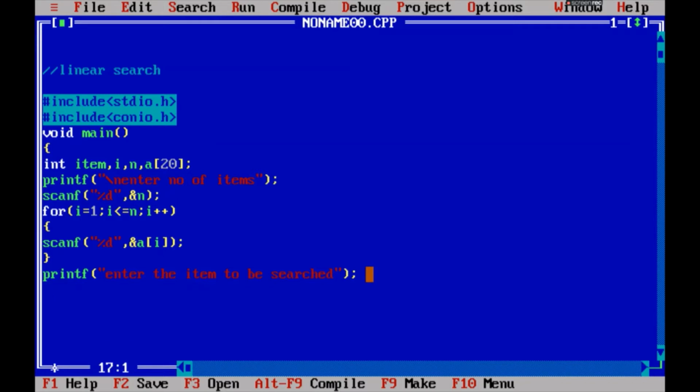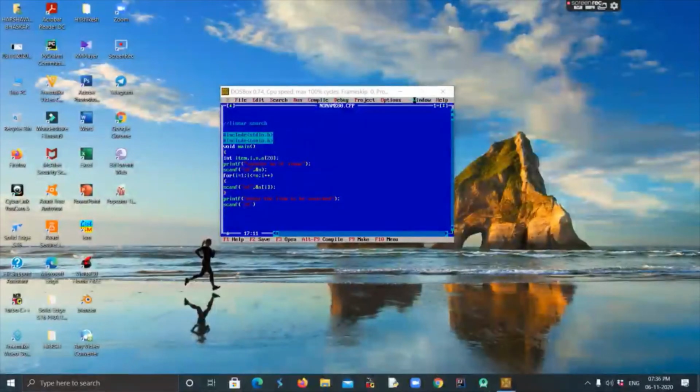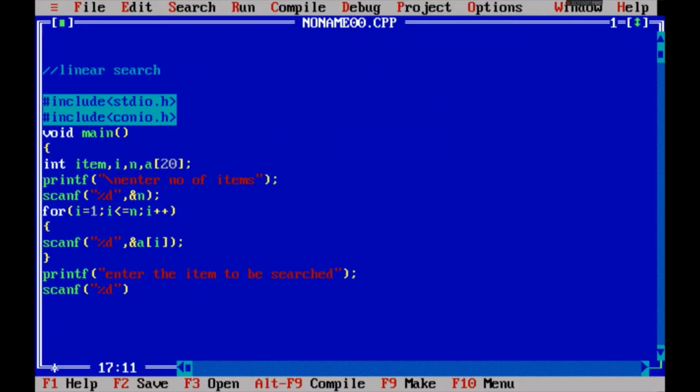Enter the item to be searched, scanf %d, ampersand item.